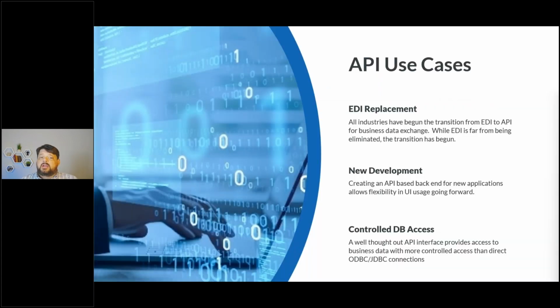A big one that I hear from a lot of customers about is EDI replacement. More and more vendors and partners are slowly moving away from EDI, and they're wanting to implement API interfaces for business-to-business data exchange. That is the trend. EDI is not going away tomorrow, so trust me, it's going to be a slow process, but the process has begun.